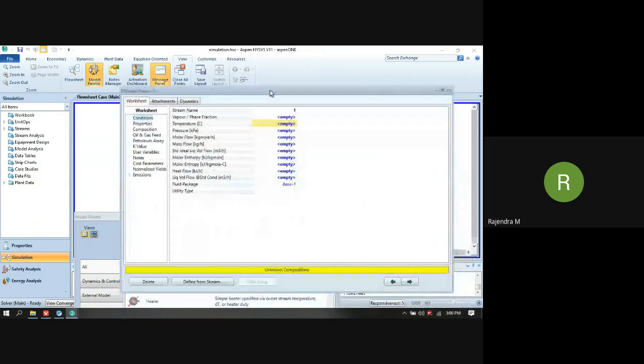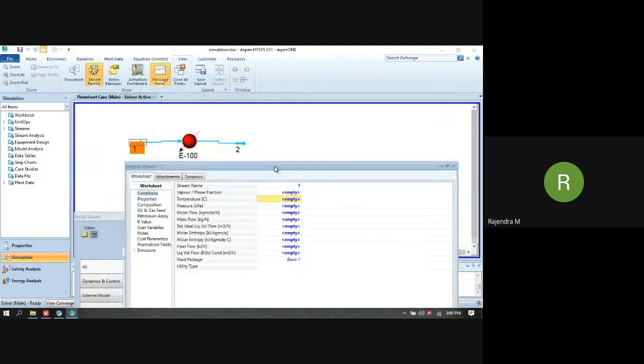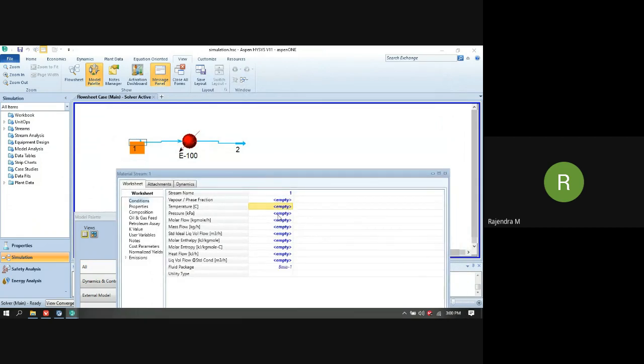So here in the flowsheeting software, it is very important that every object gets converged. Okay. So temperature will be provided. Let us consider it is almost 30 degrees Celsius. The pressure is 200 kilopascal. And flow rate is, let us consider, 1000 kg per hour.